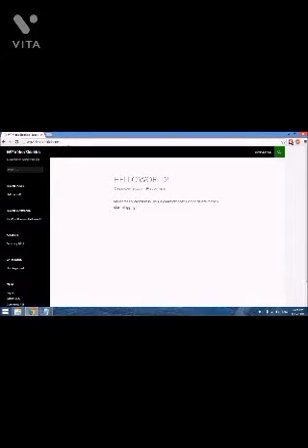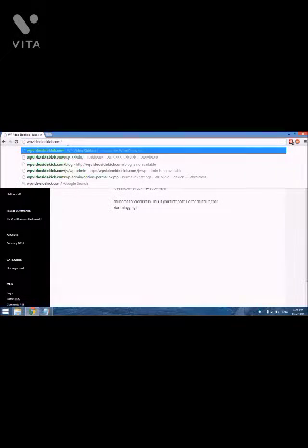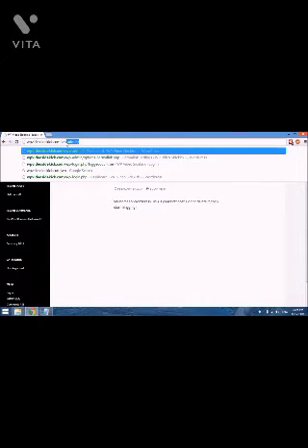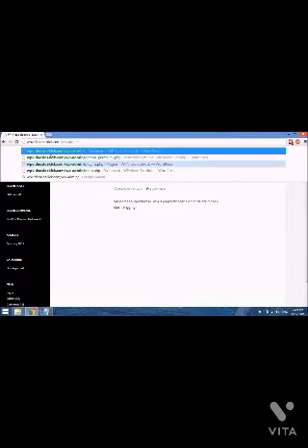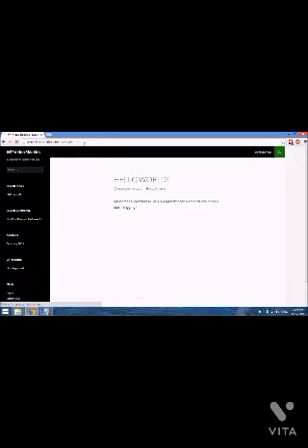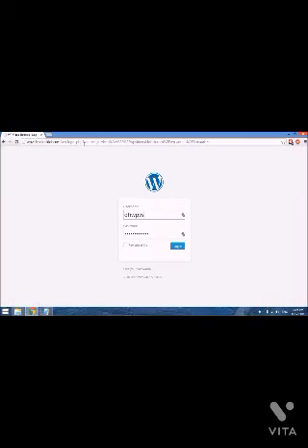And to get to our dashboard, we just need to put a slash and then wp-admin to our main website address, and then select enter, and it will just take us to a page where we can log in, and you would put your username and your password, which you would have created when you were installing WordPress. So if we just select login,